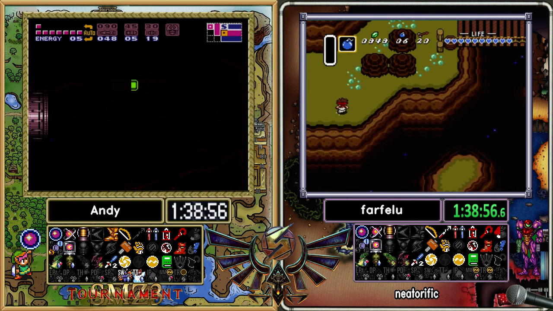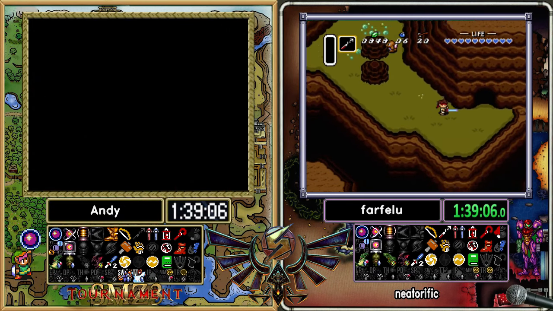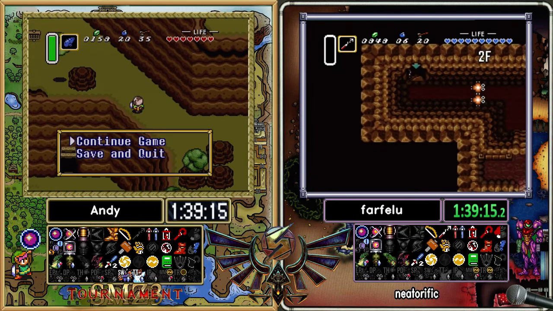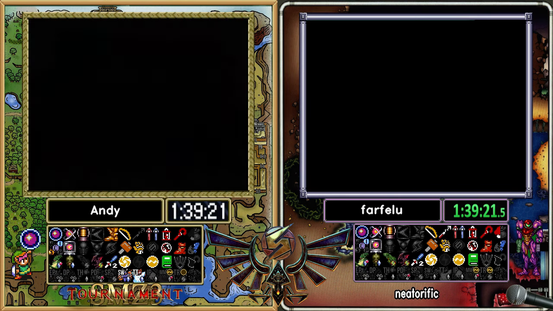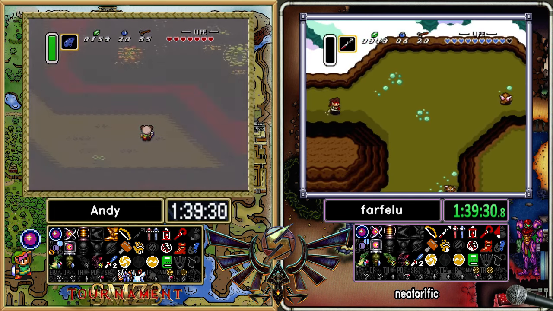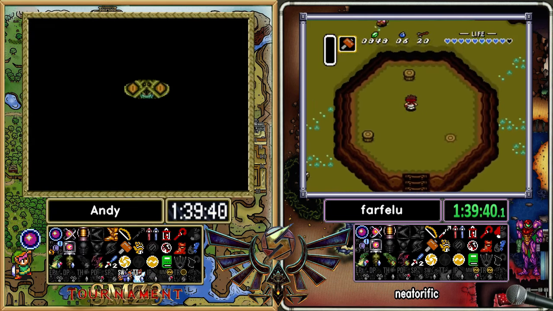Looks like Farfelu's headed to Hera. And also check the ether tablet. Oh, and after that he can also full clear Turtle Rock, although he will be leaving behind Mimic Cave. And flippers could be there. Don't have the magic or...